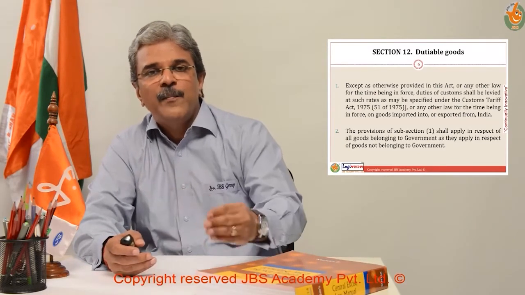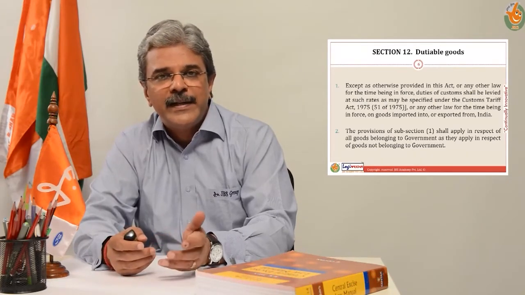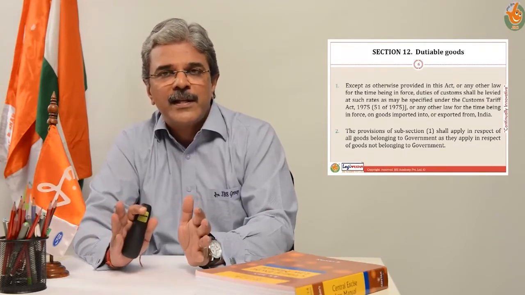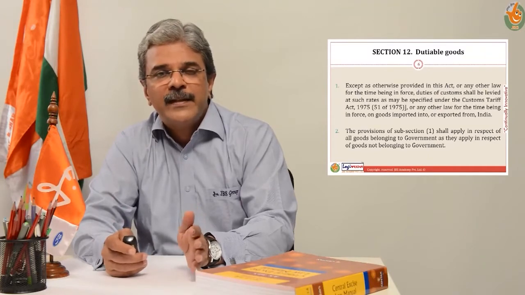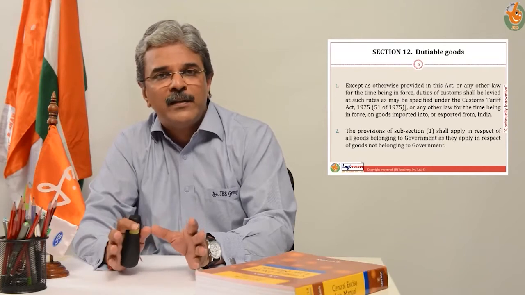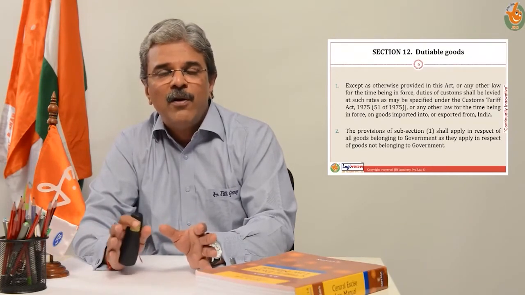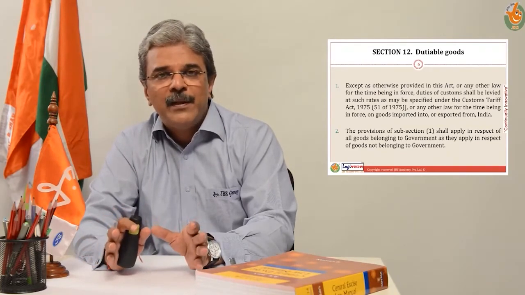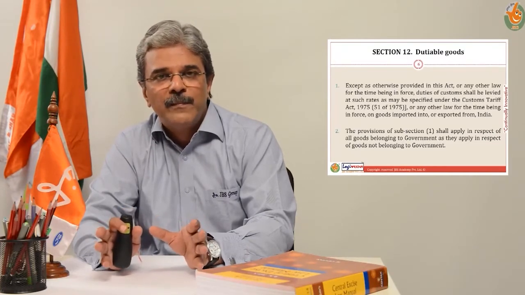And that is why you have all the countervailing duties, the safeguard duties, the special duties, anti-dumping duties. They all fall at some level or the other under section 12. So, section 12 further says that the rate of duty shall be identical irrespective of whether the goods which are imported or exported are government goods or are for private enterprise. The rate of duty is applicable on the goods and not on the importer or the exporter.